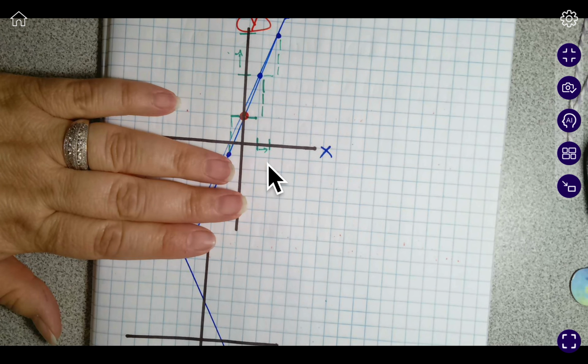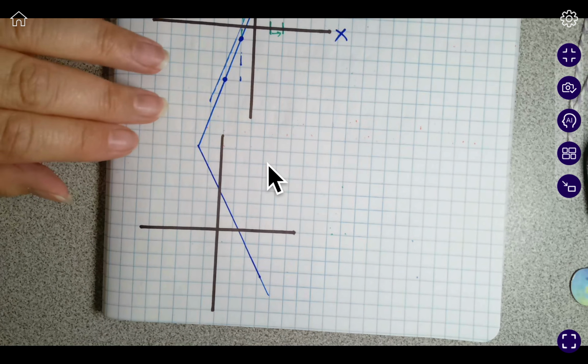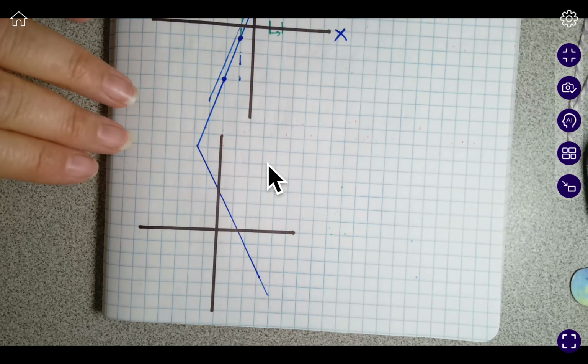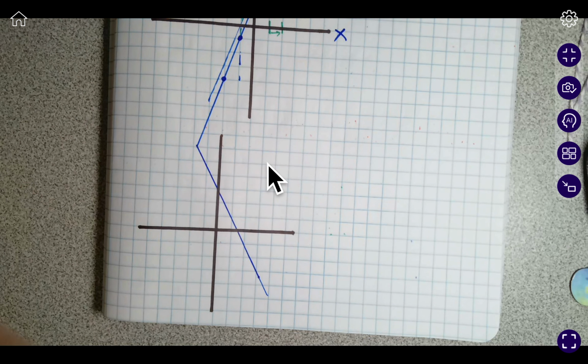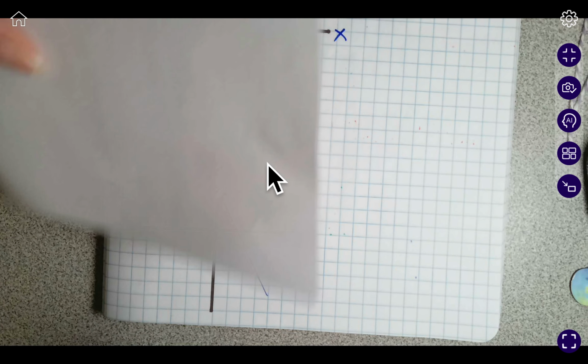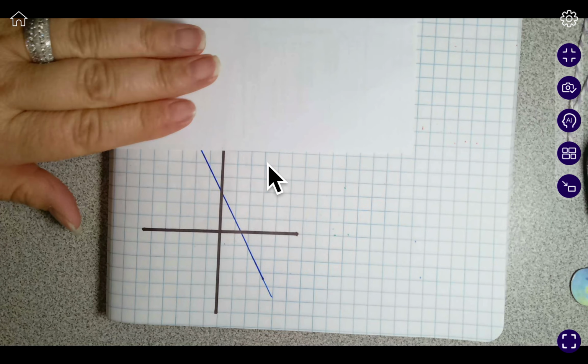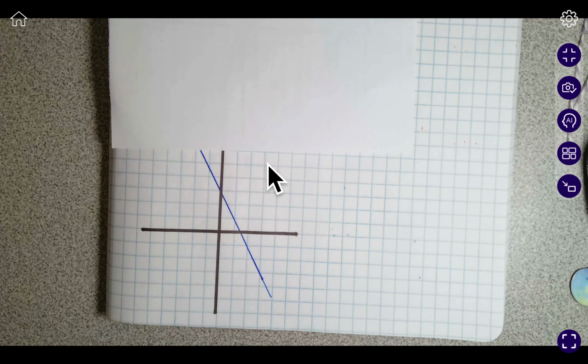Let's say this is your graph here. We're going to ignore that part because that's part of the other problem. If you're given this graph and you want to write the equation,